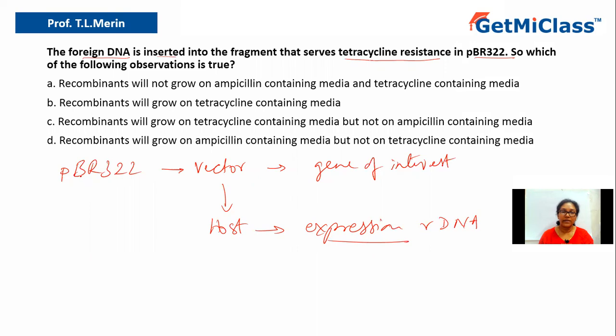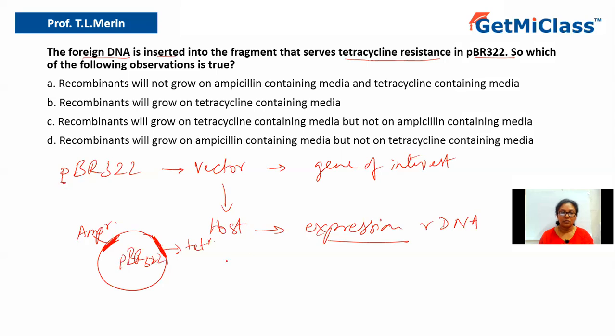Now when we say PBR322, it is actually a plasmid, P for plasmid, BR322. So it is a plasmid. Here they're talking about insertion of the foreign DNA in the tetracycline resistant gene. So it has two selectable markers. One is called TET-R, that is the tetracycline resistant gene, and the second one is called AMR, that is the ampicillin resistant gene. These are the two major selectable markers which are present in the plasmid, that is